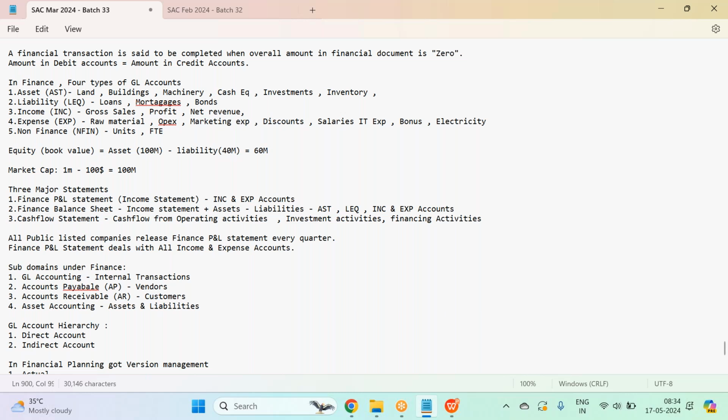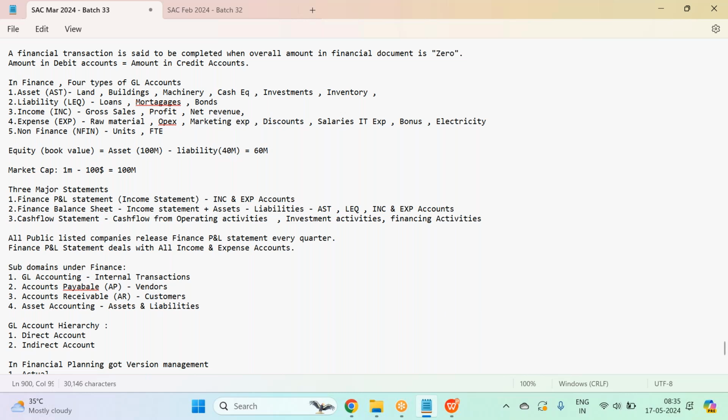What's the difference between cash flow and the income statement? Suppose your company is a B2B company. If it is B2C, the customer will pay immediately. In the case of B2B companies, we sell the product to the customer, and our customer is also another company. They will not pay immediately, guys. They'll pay after some time. Suppose your company sold something to the government. The government will always delay payment, right?